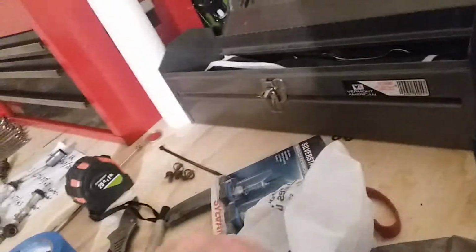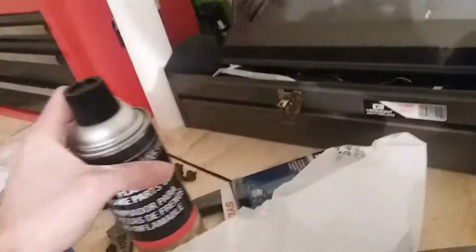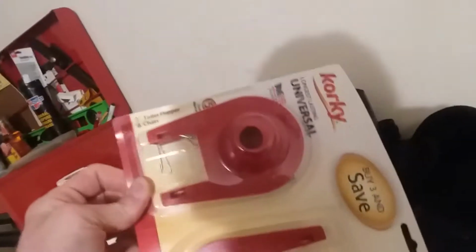We've got the new fog lights, which were kind of expensive. They're like 40 bucks. Ugh. Got some parts cleaner for the head of the rotor housings. We've got some nice little parking light bulbs and a bunch of bolts. Also, toilet flappers, because